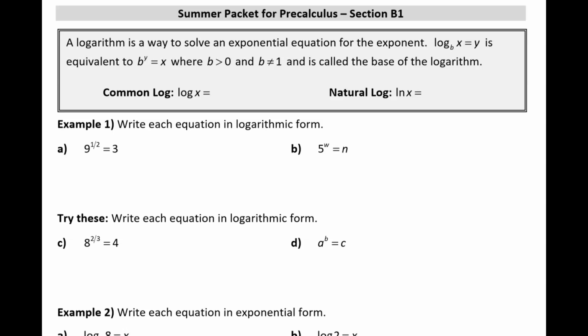In this section, we'll talk about logarithms. A logarithm, or log for short, is a way to solve an exponential equation for the exponent. So this equation, log base b of x equals y, is equivalent to b raised to the y power equals x. And b has to be a positive number, which is not equal to 1, and that's called the base